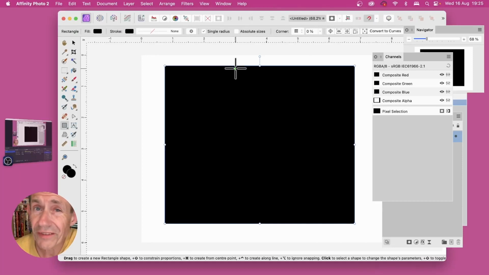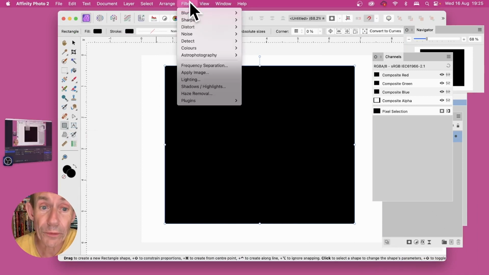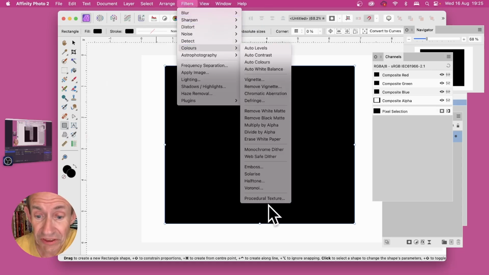Create all kinds of colourful checkerboard designs just from a simple rectangle shape. Now I've just created a rectangle, filled it with black, then go to Filters and down to Colours and Procedural Texture. But before I do that, I'm actually going to use Composite Red this time, Composite Green in the Channels